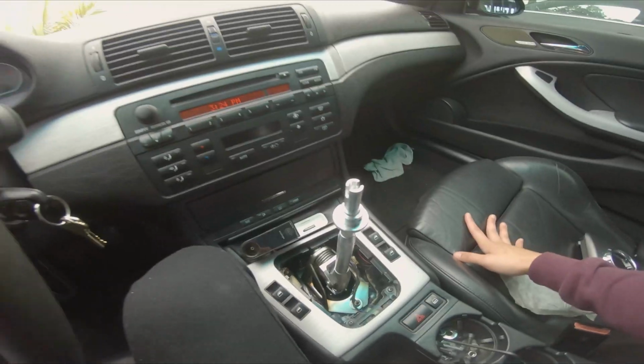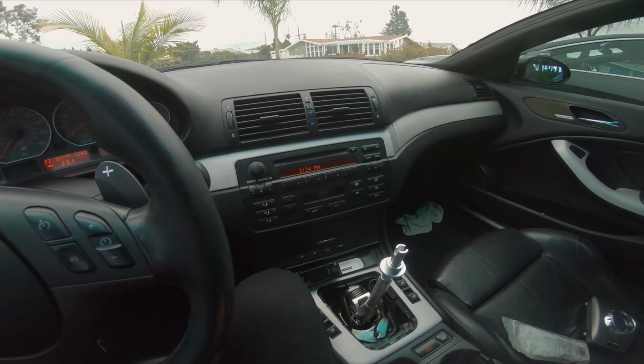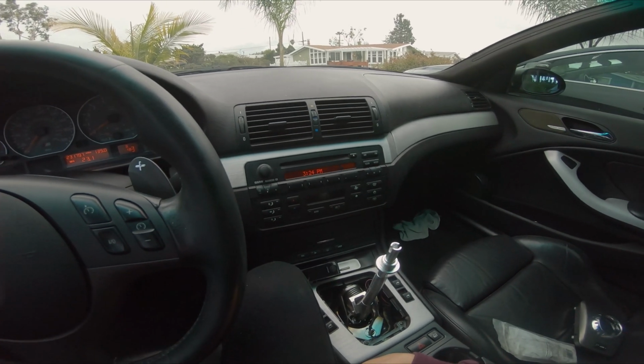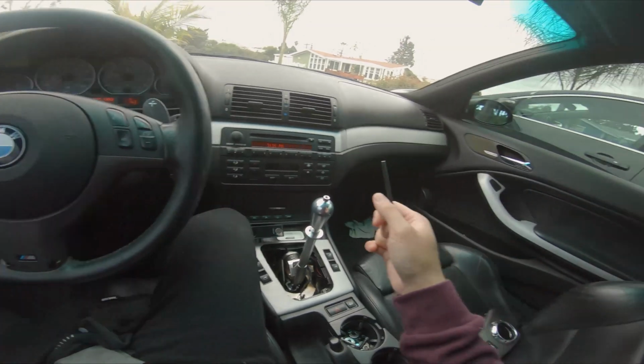I'm gonna put the shift knob on right now and get some pulls. Well, I'm still kind of learning the shifter, so don't mind my slow shifting. By the way,